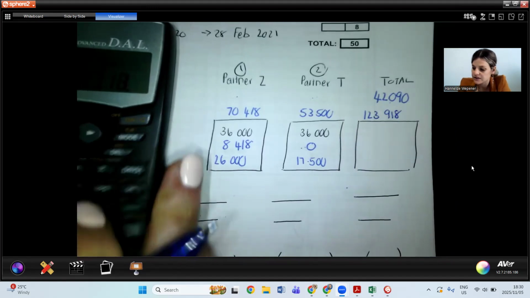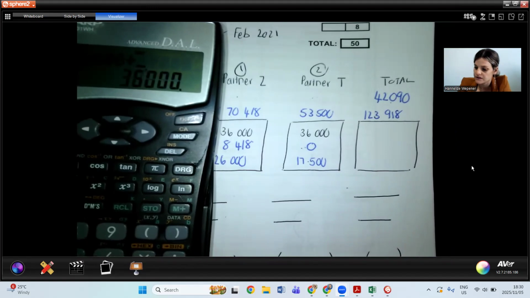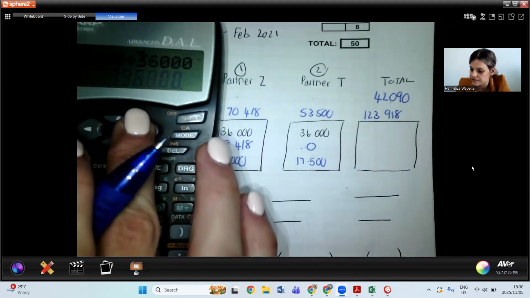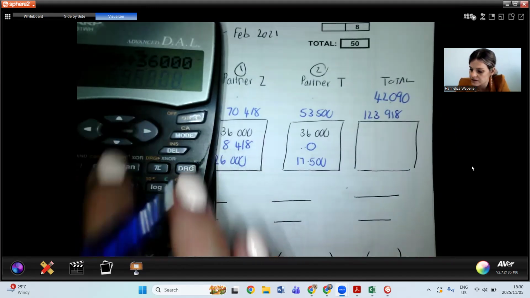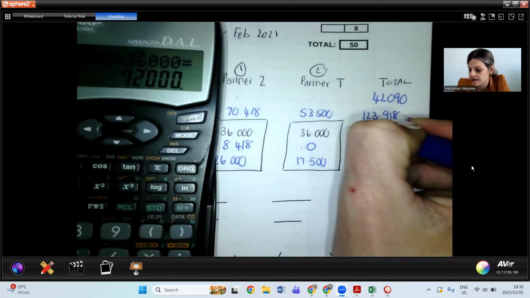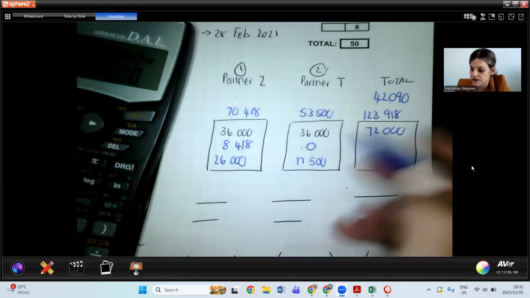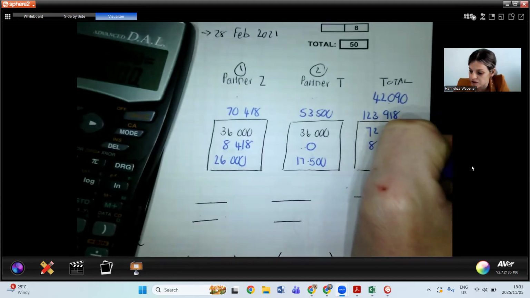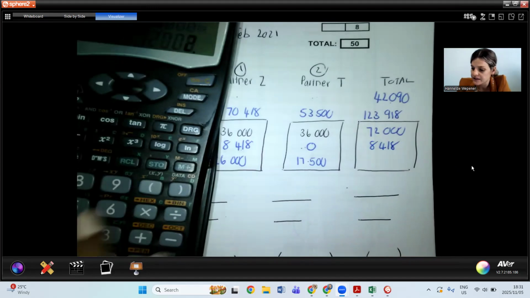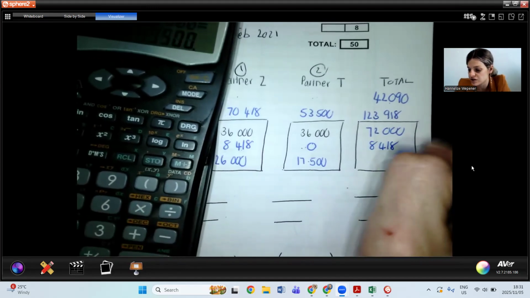123,918. Okay, so let's quickly just do all of the totals here. Oh, what did I do now? 36. I think I have an extra zero there. There we go. So 72,000. Only the one partner got a bonus, so 8,418. And then 26,000 plus your 17,500 for the interest is